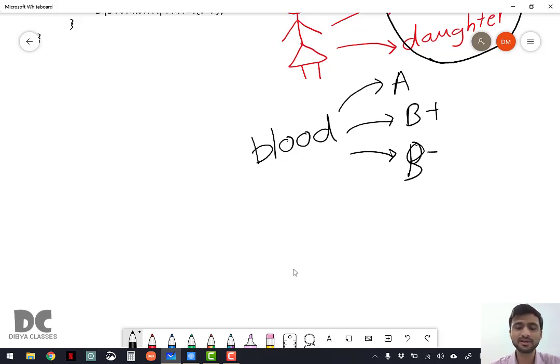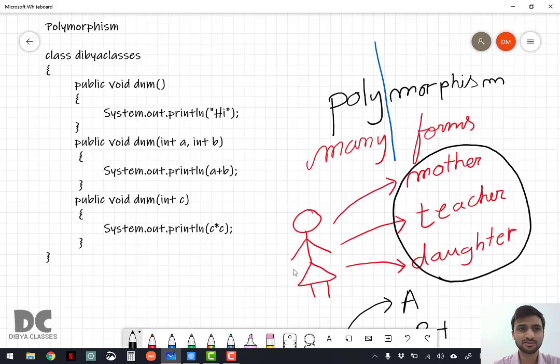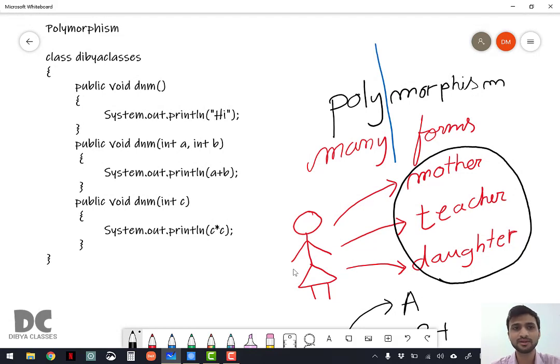Similarly, in Java, when we will be writing programs, there might be certain programs where one thing will be doing or one thing will be having many different forms. So let us take an example of a small program. I know you haven't started writing programs and I don't want you to understand what is in this program, but I will help you see how polymorphism works in a program. We'll be doing polymorphism programs in the class 10 syllabus, but not in class 9. Class 9 will just understand the definition of what is polymorphism.